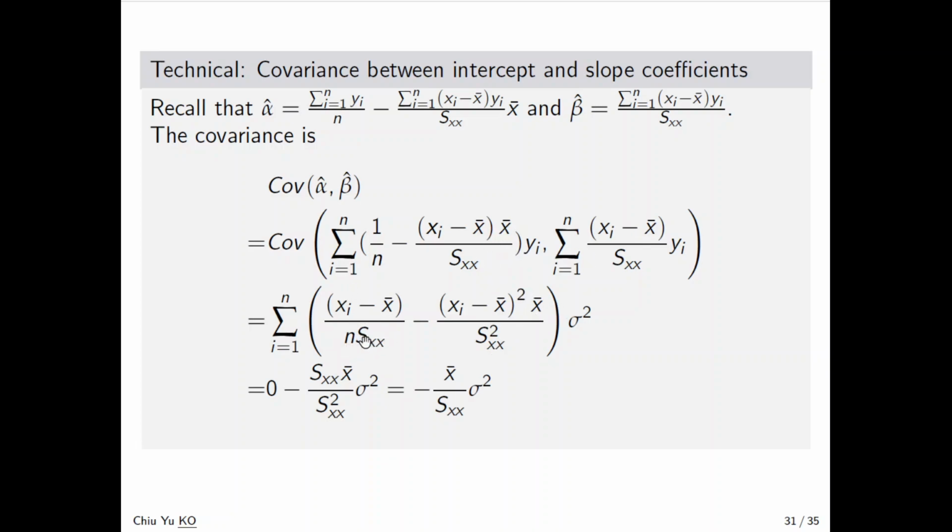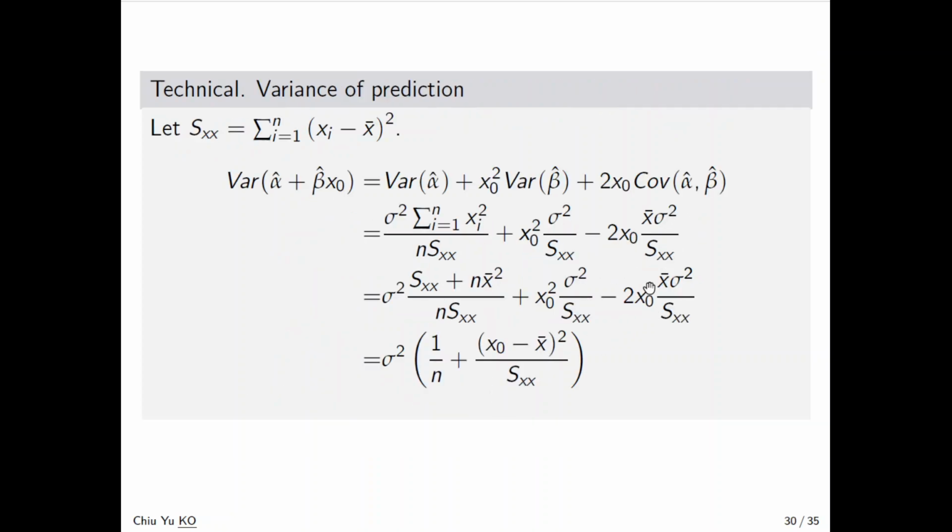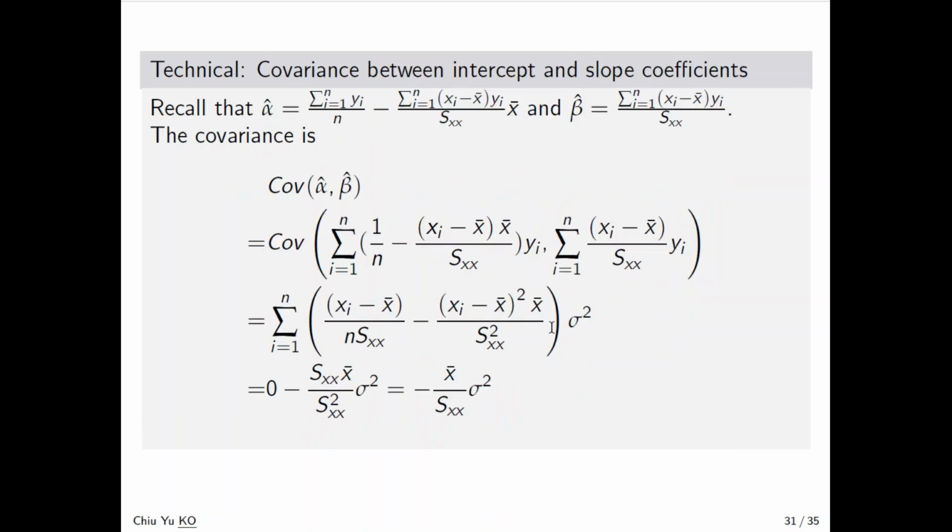And look, this is fixed, independent of n. This is xi minus x bar, the sum of which will be 0, and this becomes Sxx. So after canceling, it becomes negative x bar sigma square over Sxx. That's what we claimed here. So now we have proven